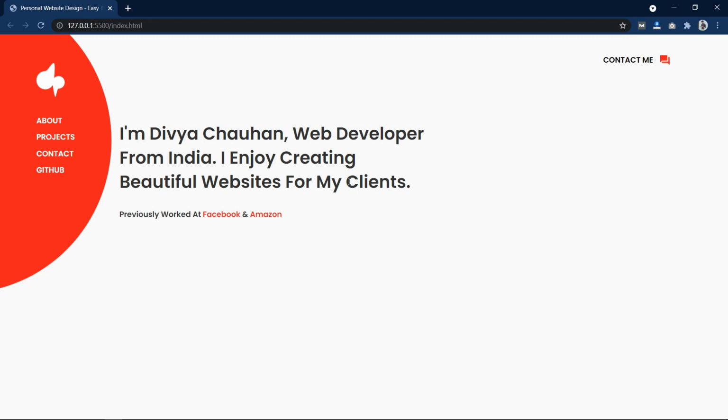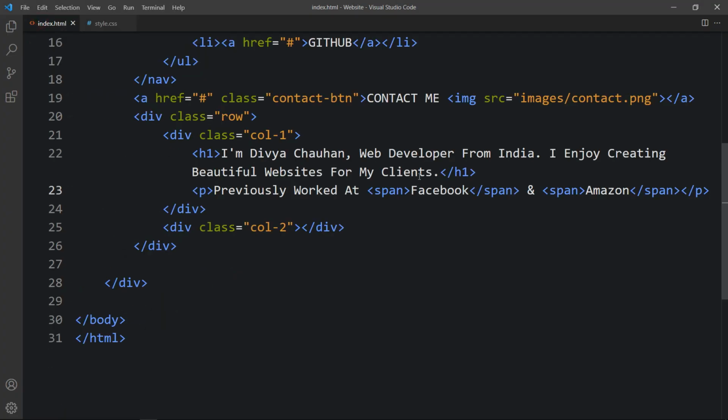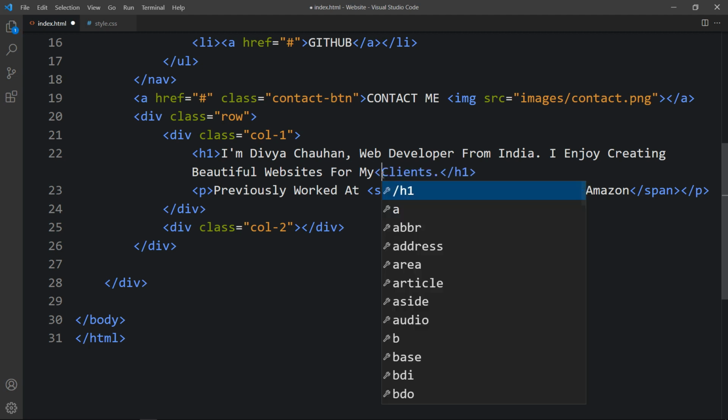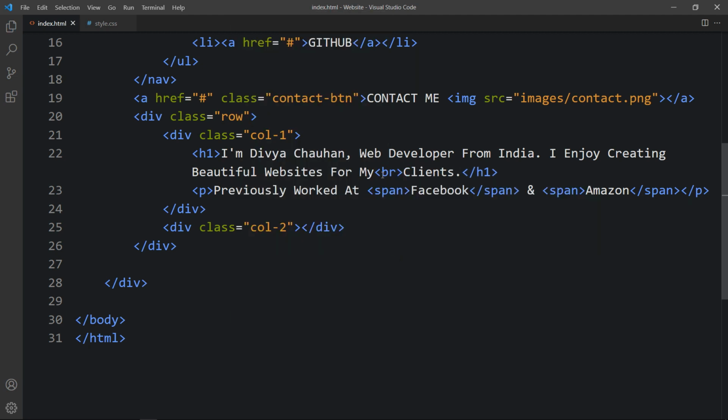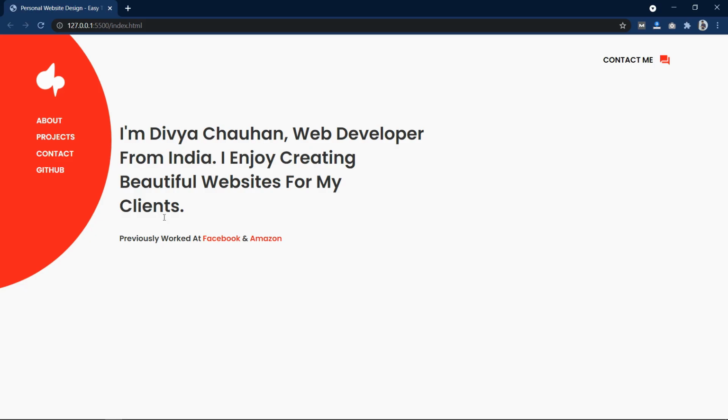Next we have to move this text, which is clients, in the another line. So let's come back, and here let's add one line break. So we will add BR, just add a BR here, and you can see it is in the second line. Now we have added all the text in the left column.